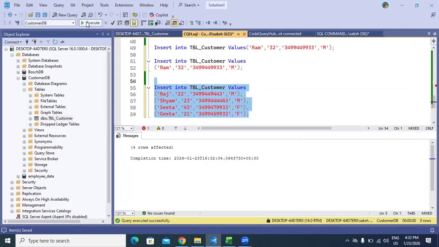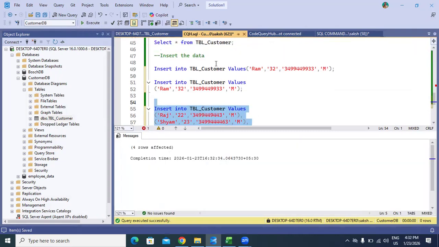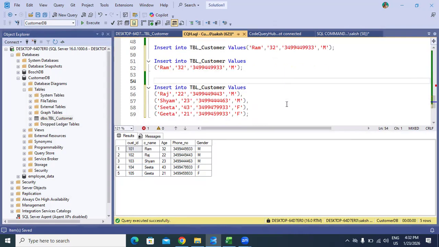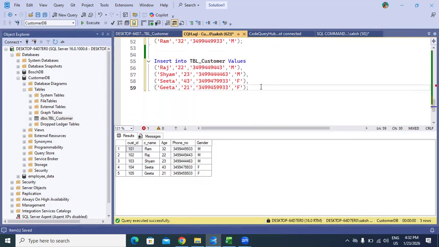Let's execute this. 4 rows affected, and let's see the data. Yes. Now, these are the records in our system. So in this way, we can use the constraints. Now, let's see how the constraint works. For example, if we try to enter the value, insert into TBL customer,